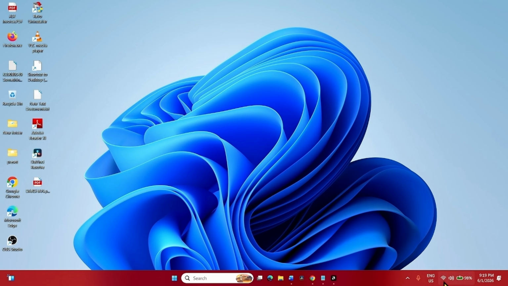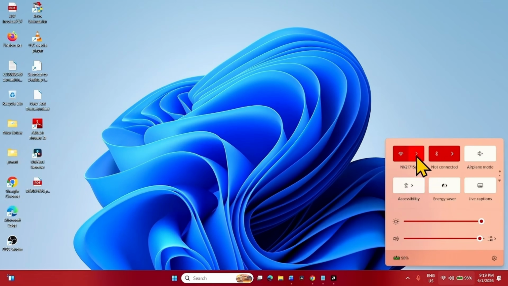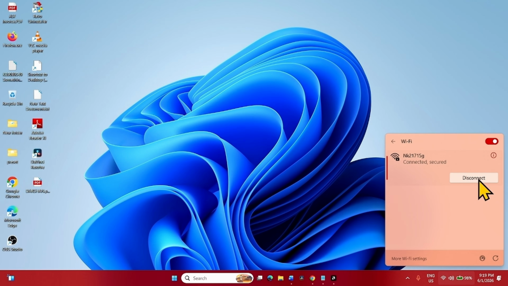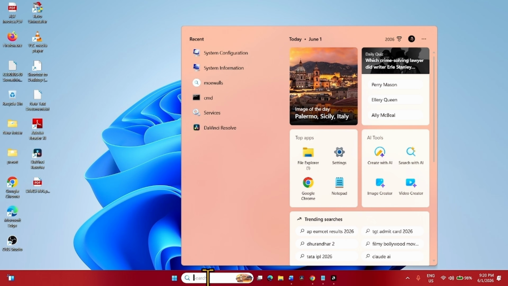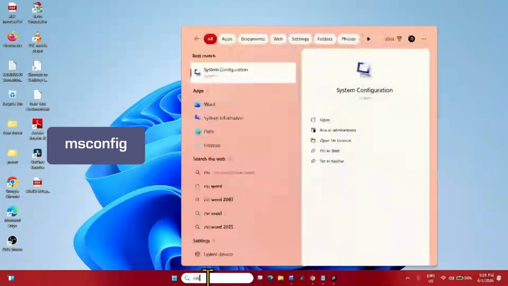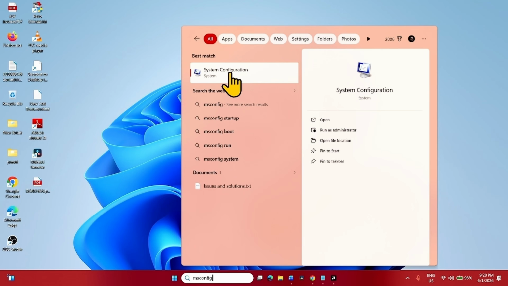Then click on the internet icon and click on disconnect. After disconnecting from internet, click on search, type msconfig, click on system configuration,